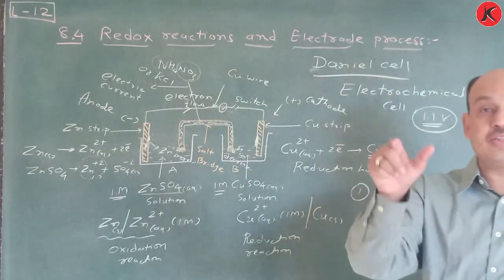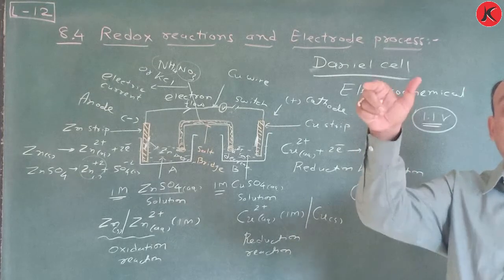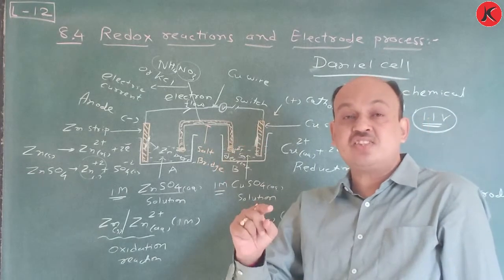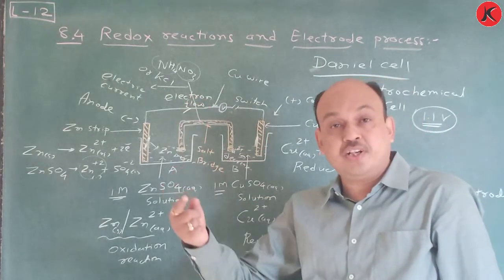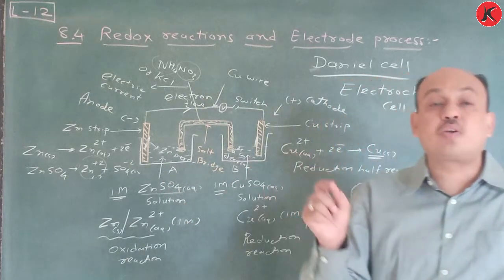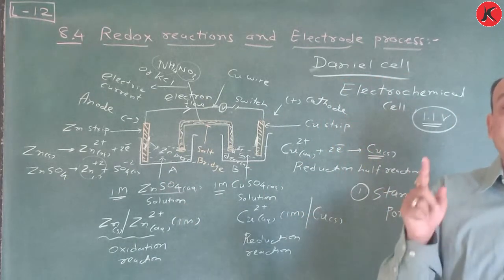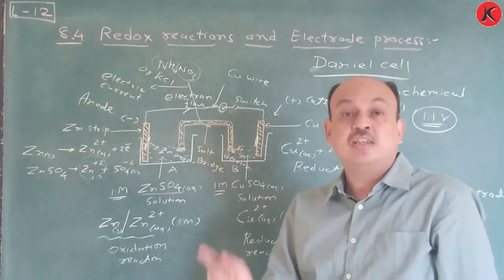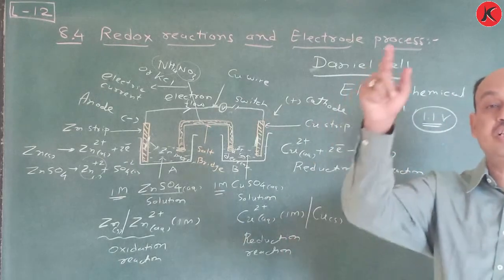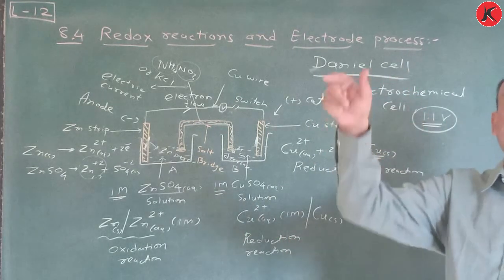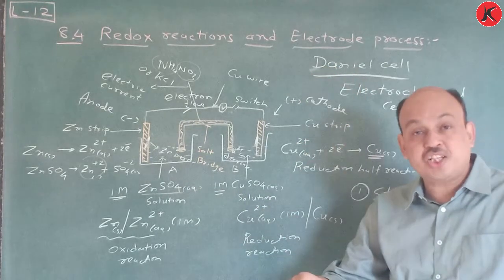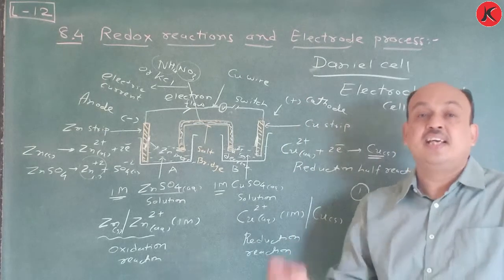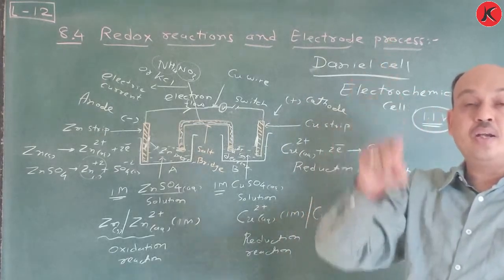If you open your textbook and see that chart, the strength of the oxidizing agent and the strength of the reducing agent are given according to electrode potential. In SI unit, we consider only reduction potential. Remember, reduction potential. We do not consider oxidation potential. This value is gaining of electrons, and that's why it is considered as reduction potential. According to that, which one acts as oxidizing agent and which one as reducing agent is written in your chart according to the arrow.